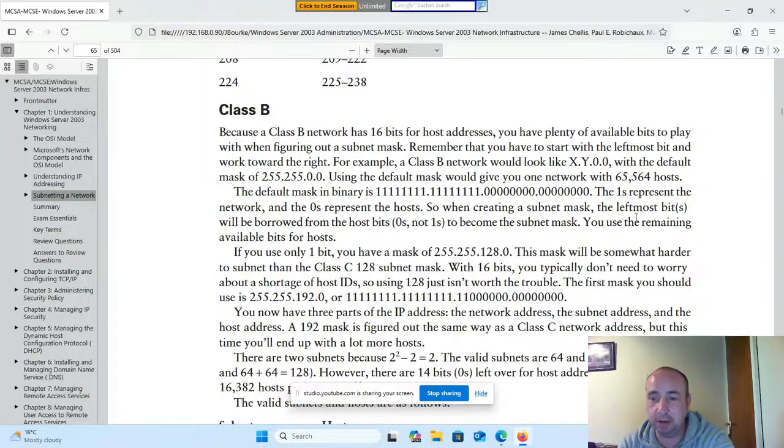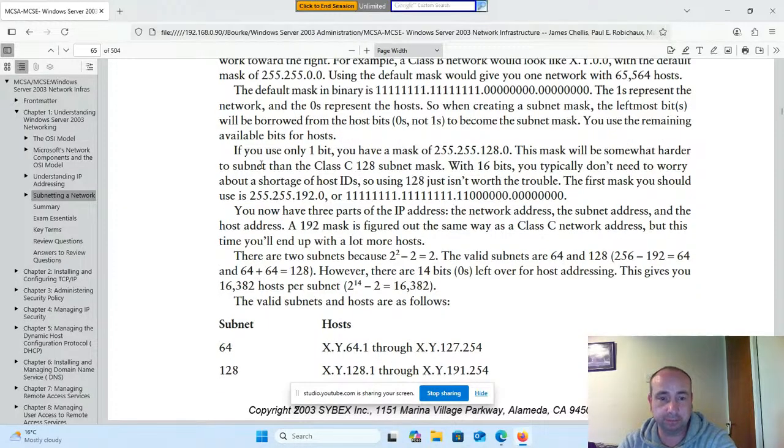So when creating a subnet mask, the leftmost bits will be borrowed from the host bits, zeros not ones, to become the subnet mask. You use the remaining available bits for hosts. If you use only one bit, you have a mask of 255.255.128.0. This mask will be somewhat harder to subnet than the Class C 128 subnet mask. With 16 bits, you typically don't need to worry about a shortage of host IDs, so using 128 just isn't worth the trouble. The first mask you should use is